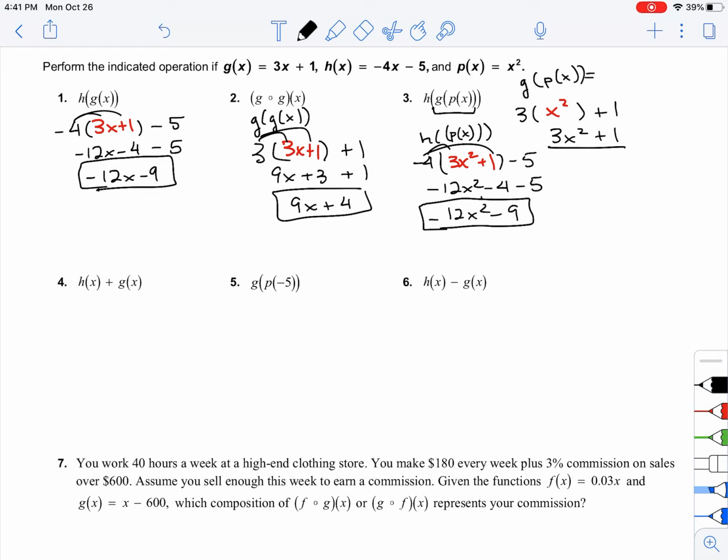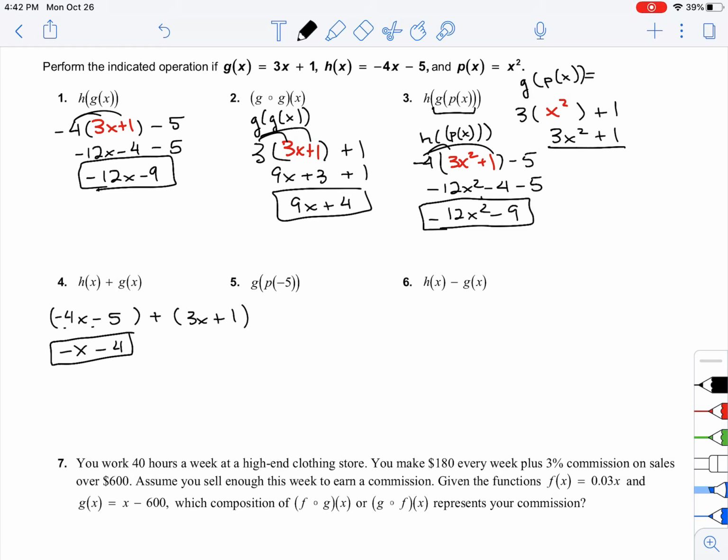So we have h of x plus g of x. Literally, it's combining h of x and g of x by addition. So h of x is negative 4x minus 5 plus g of x, which is 3x plus 1. So we can combine our like terms by addition. Negative 4x plus 3x is negative x, and negative 5 plus 1 is negative 4. And this is your final